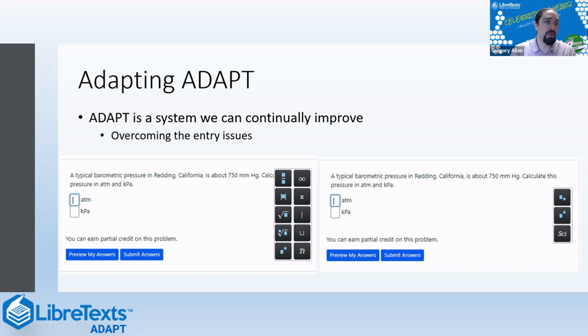I have gotten 0 emails this semester about scientific notation, with one exception. Students didn't know how to do it when I had not changed the options. I had not entered the code for this type of ribbon. And so now that we've implemented or thought about the options students use when entering, we've streamlined and improved the entry issues. And as I mentioned earlier, we can change the text to give students indication about how they should